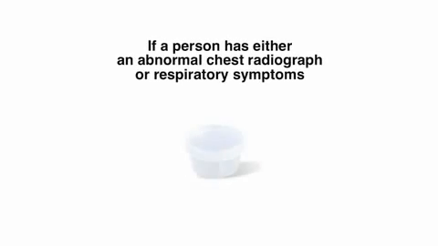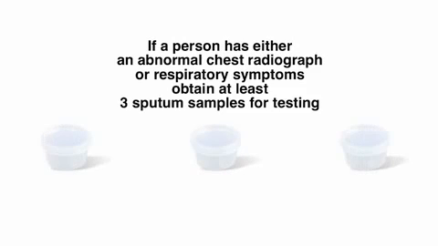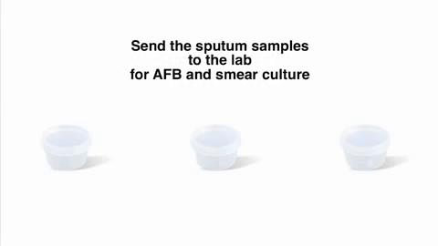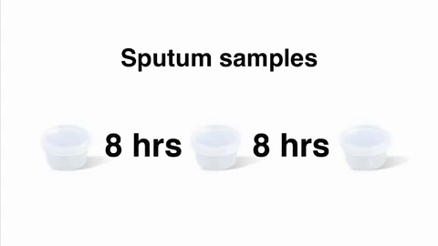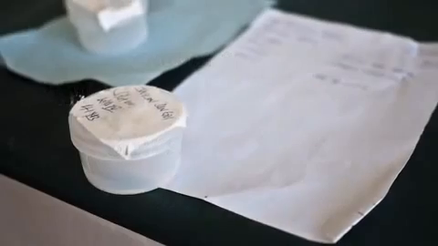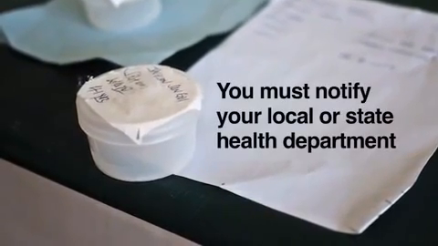If a person has either an abnormal chest radiograph or respiratory symptoms, such as cough, obtain at least 3 sputum samples for testing. Send the sputum samples to the lab for AFB and smear culture. Sputum samples should be collected at least 8 hours apart, and one should be collected in the early morning. If you diagnose someone with TB disease, you must notify your local or state health